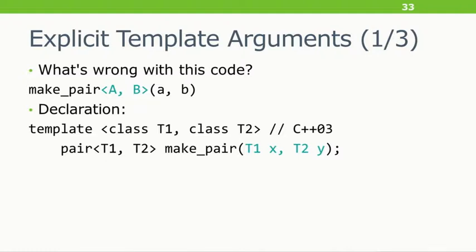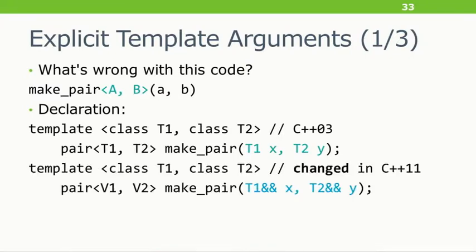The problem is that in C++11, the signature changed. It was sprinkled with rvalue reference magic dust. It is now taking T1&& and T2&&. So if you pass in the types explicitly, capital A and capital B, the compiler forms the signature make_pair taking A&& and B&&. Those rvalue references will not bind to lvalues for safety, and you fail to compile.